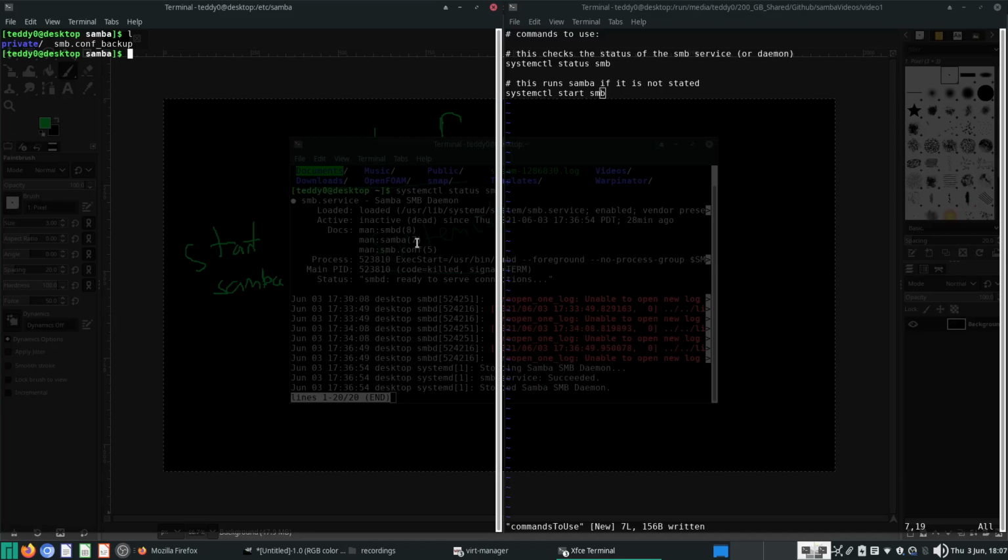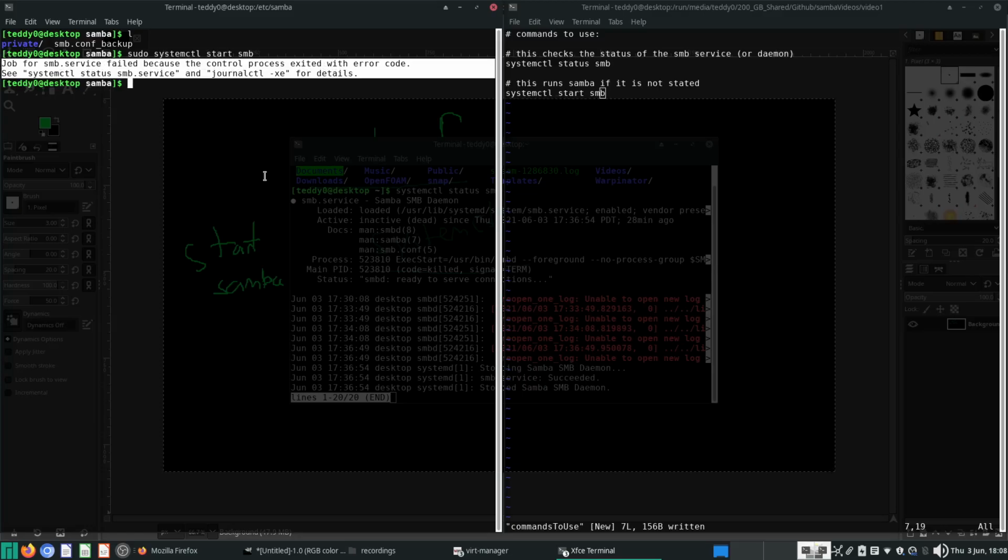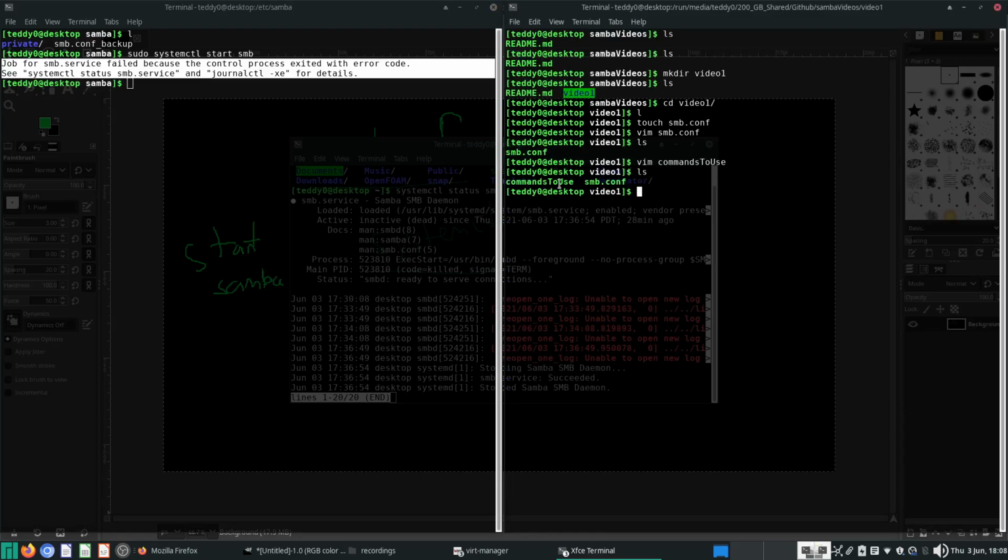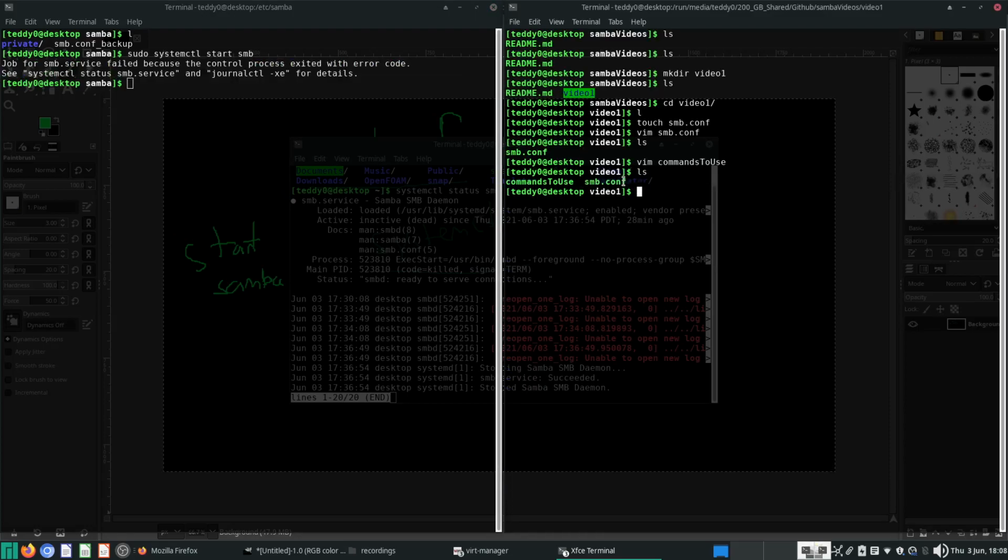Okay, so let's try systemctl start Samba. So sudo systemctl start smb. It will tell you that the service failed because obviously there is no smb config file there. So what we need to do is to copy this vanilla Samba config file. We copy it over to Samba,